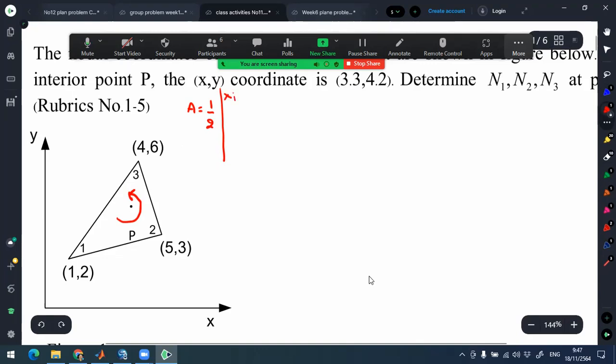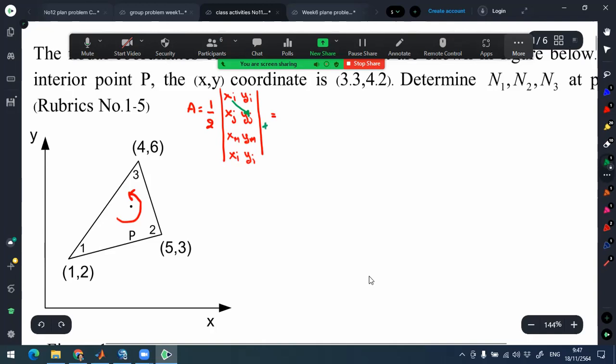You arrange the coordinates like this: xi, yi, then xj, yj, and xm, ym, and this comes back to xi, yi again. This is from mathematics, which you may have learned before. So the area becomes